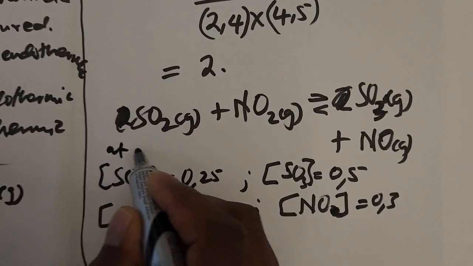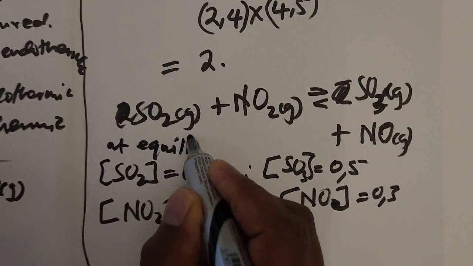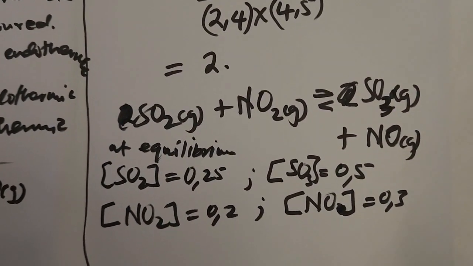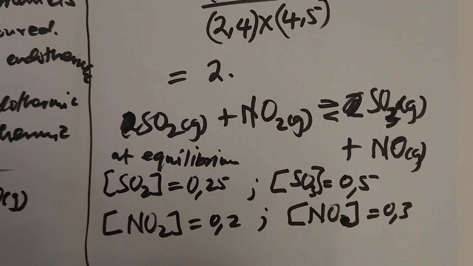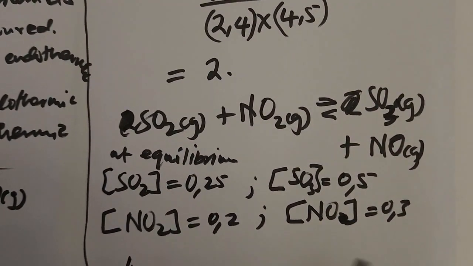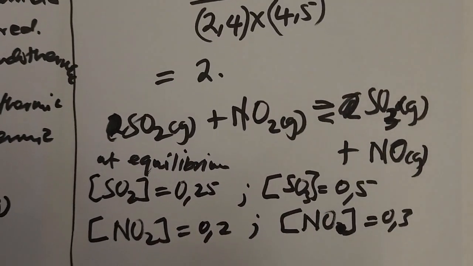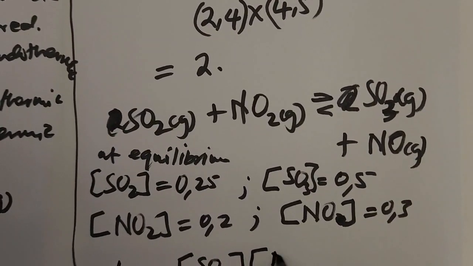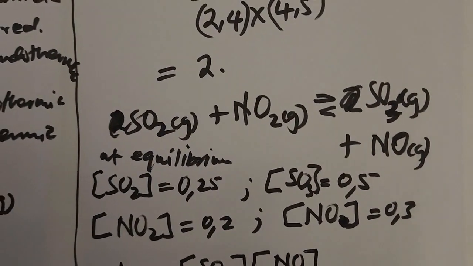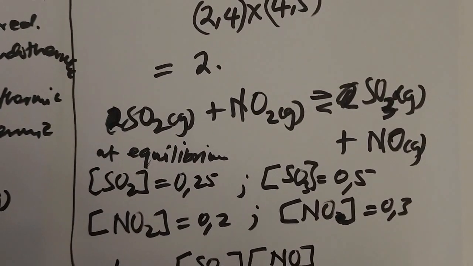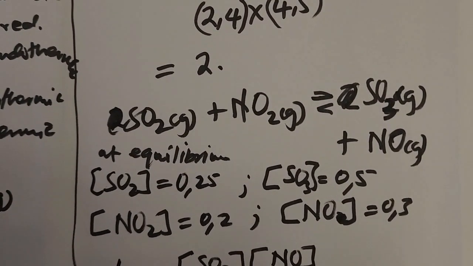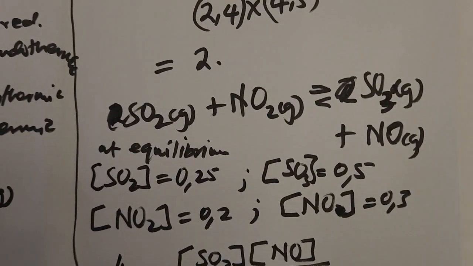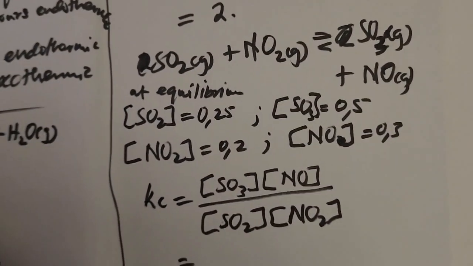This one is at equilibrium, at a certain temperature, then this was found. So what we need for 4 marks, we need just to write the Kc expression for this. You can see the products are 2, they are both gases, therefore it will be sulfur trioxide multiplied by NO. This equation is balanced. Remember, in all cases you'll be given a balanced equation. You don't have to struggle to balance the equation, they will be balanced for you. And then nitrogen dioxide, then from there you substitute,